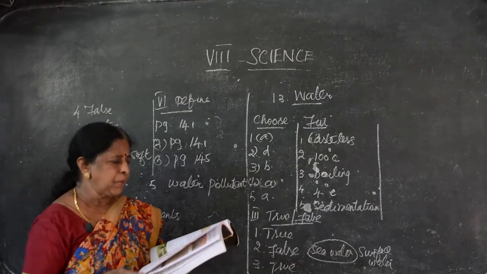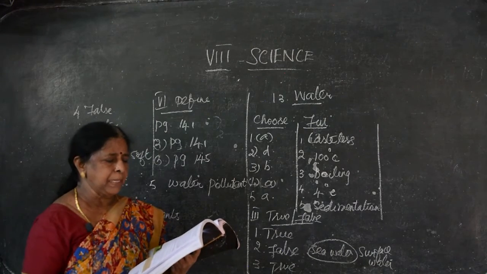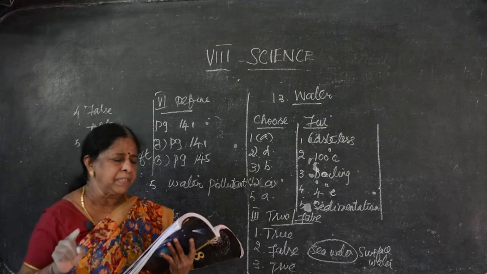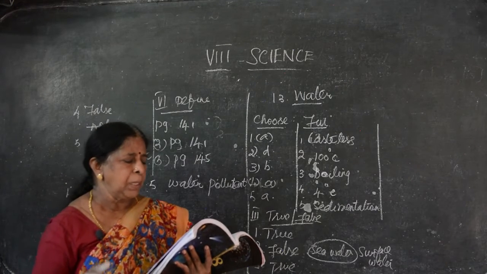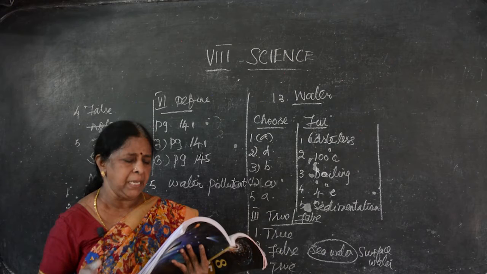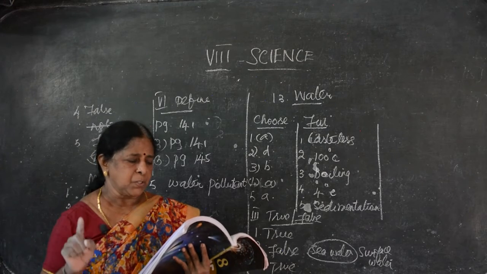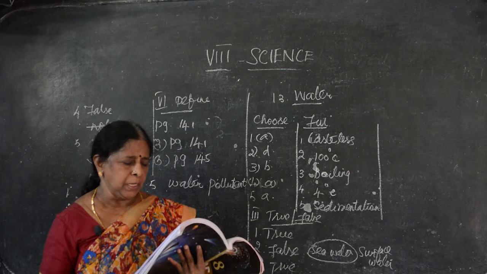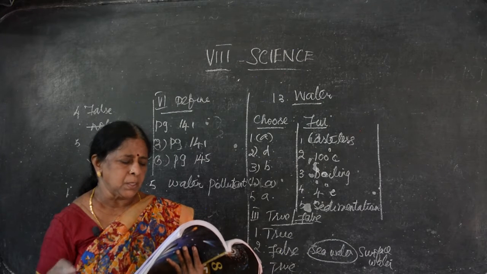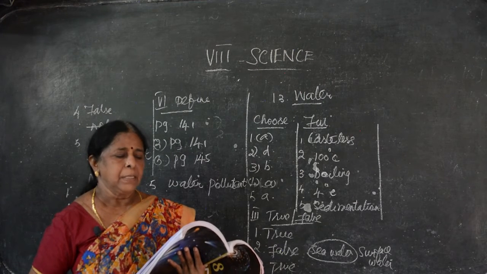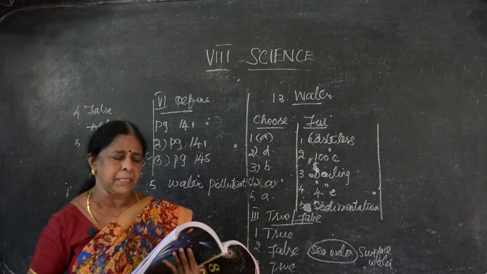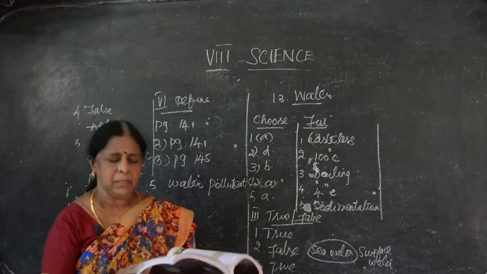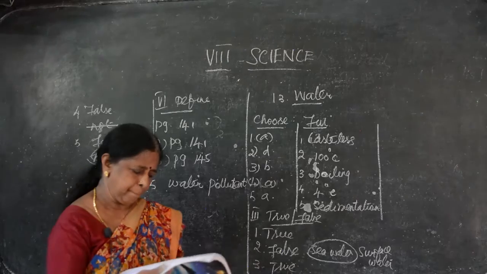Here page number 145, then opposite side, second paragraph. The water suitable for drinking is called potable water. Every liter of potable water contains 1.2 grams of dissolved salt, mainly common salt. First 4 lines under this heading, under the paragraph. In the last line of that paragraph, you have to write, potable water also contains dissolved gases. Clear?